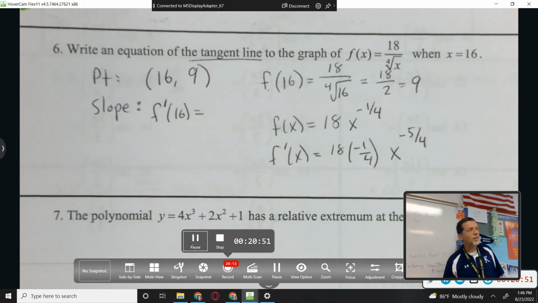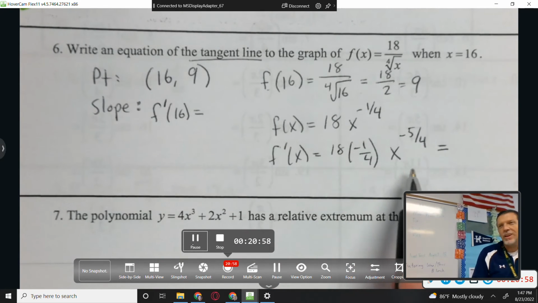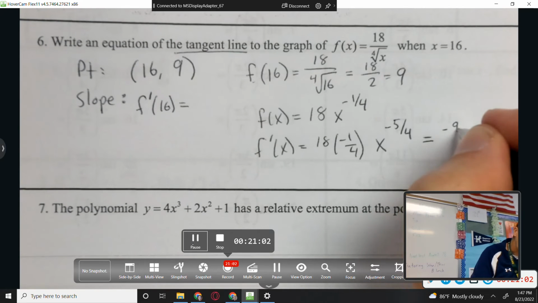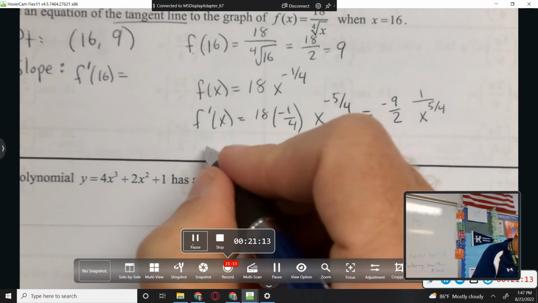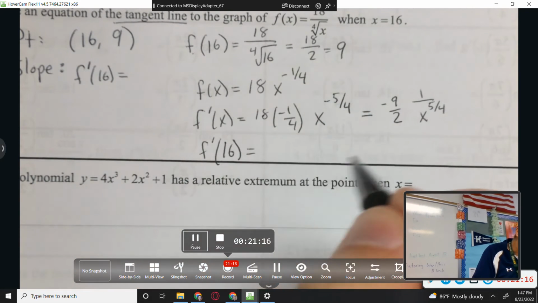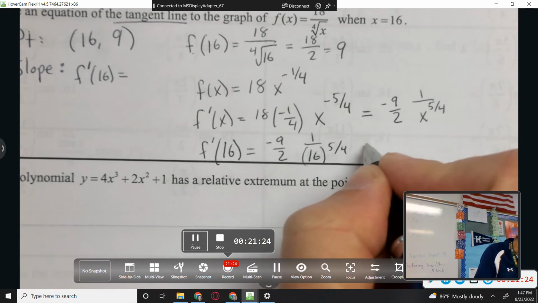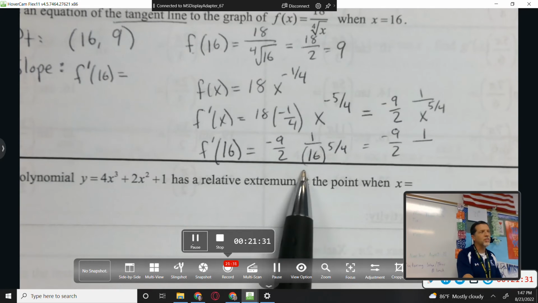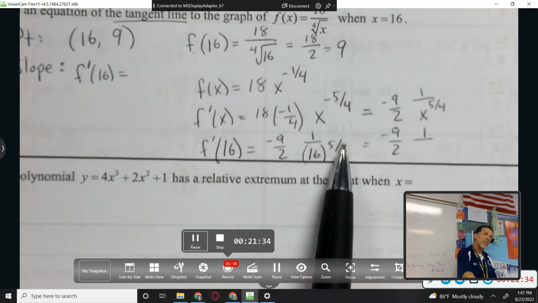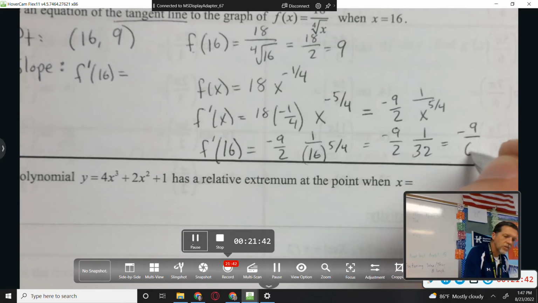Oh, this is going to be yuck. So I need to plug in 16, but I don't really think I want to plug in 16 yet. I want to keep cleaning this up here. So negative 9/2, and then 1 over x to the 5/4. It's going to be lovely. But it's just algebra. That's not even algebra. That's just plugging things in. 16 to the 5/4. Well, we already figured out the fourth root of 16 is 2. And then 2 to the 5th is 32. So negative 9 over 64